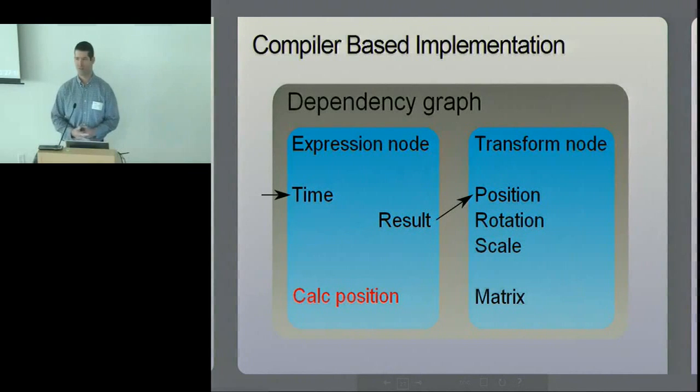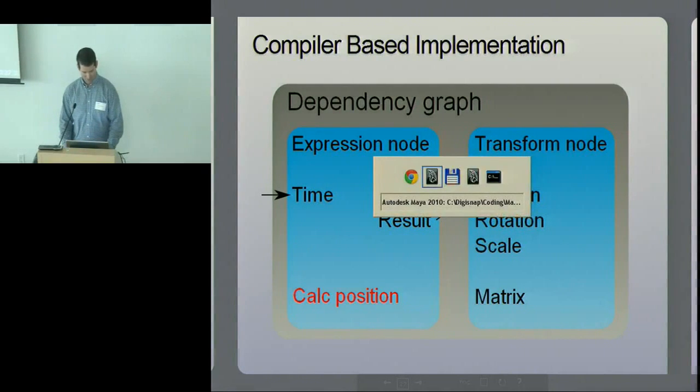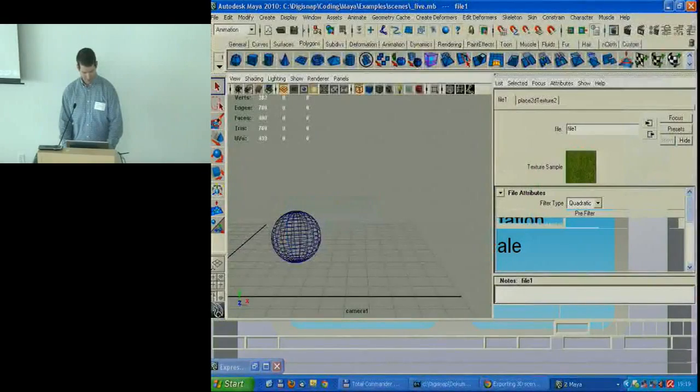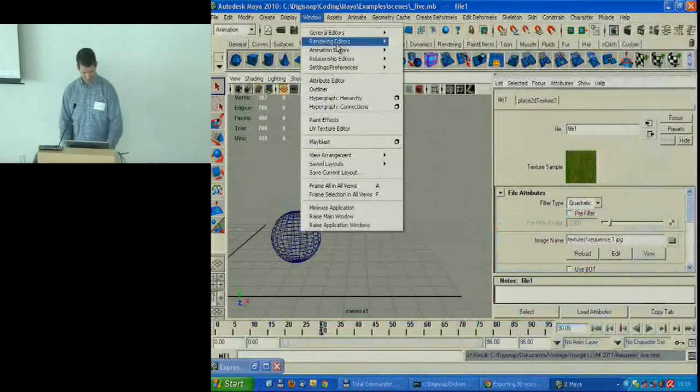and of course in Maya it's also done like this. We have a dependency graph and an expression node that gets the time as an input, calculates the position, and outputs the result to the position of the transform node. So this can be seen here in the hypergraph.